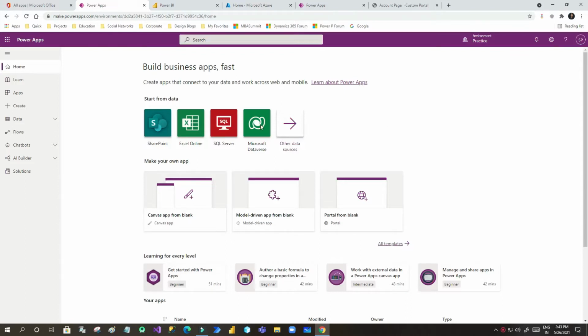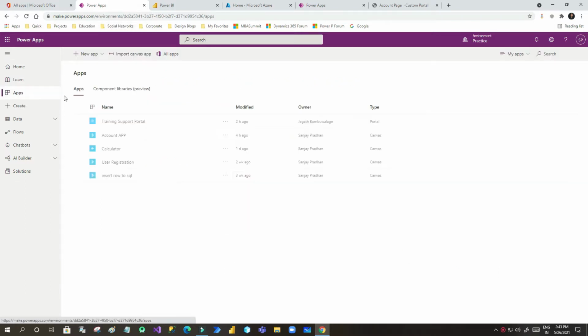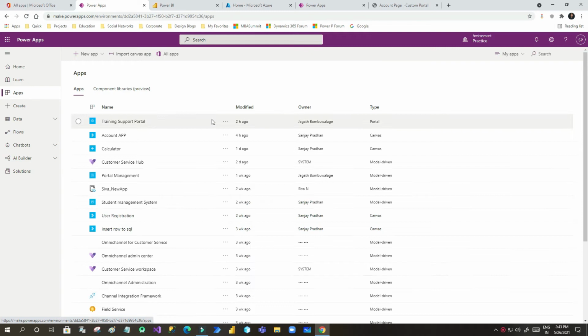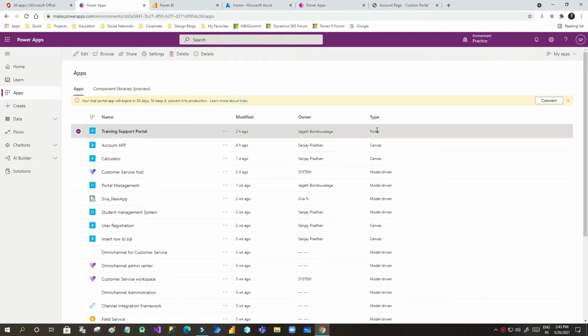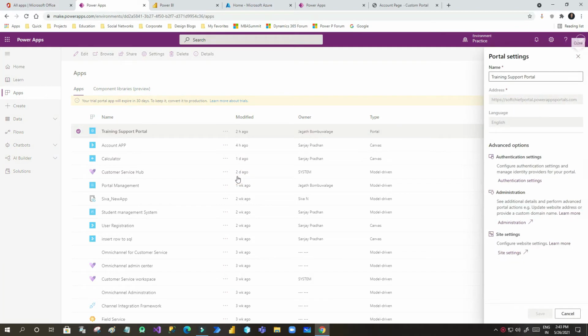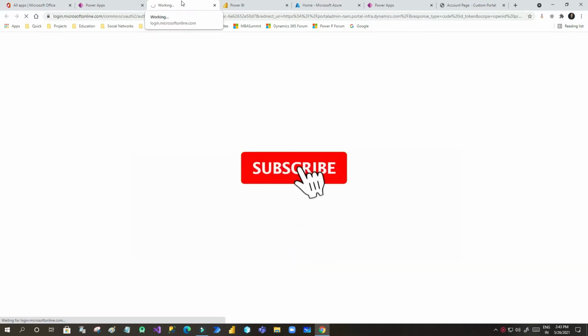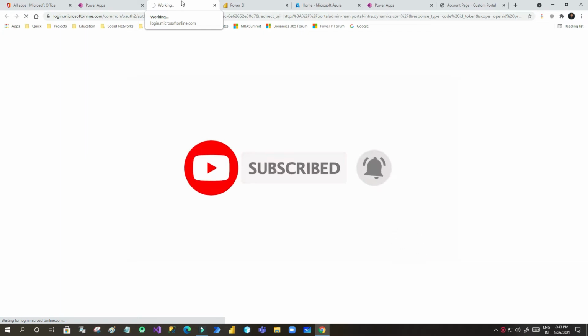So in this screen you can see I am on Power Apps, and in Power Apps we first have to go to Applications. There is the option Apps, and you have to go to the application which stands for your portal. So this is my portal, so I can click this ellipsis button and click on settings. We have to do configuration first before placing the Power BI control on the Power Portal. Once you click that, you have an option here, administration. Click on this administration. Once you click on it, you will find the option to configure Power BI.